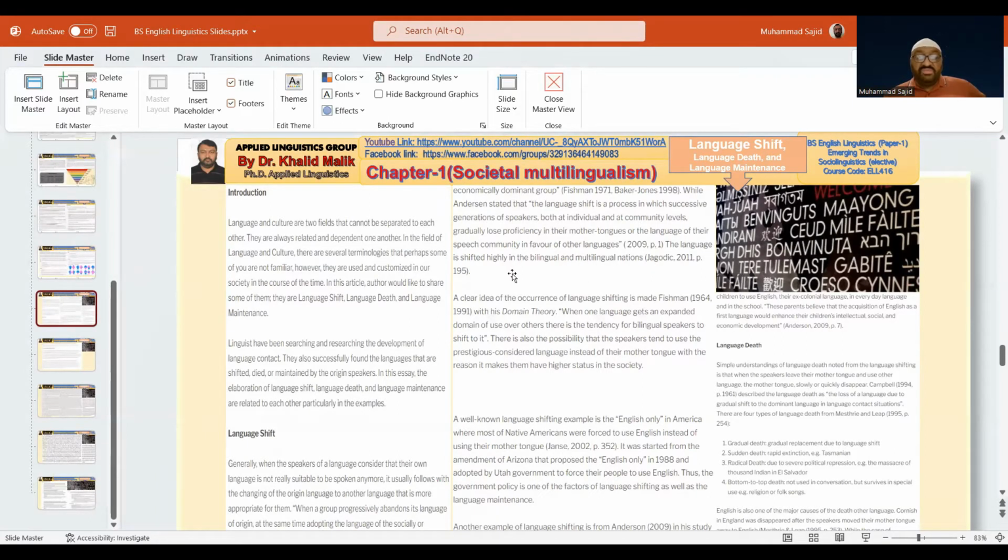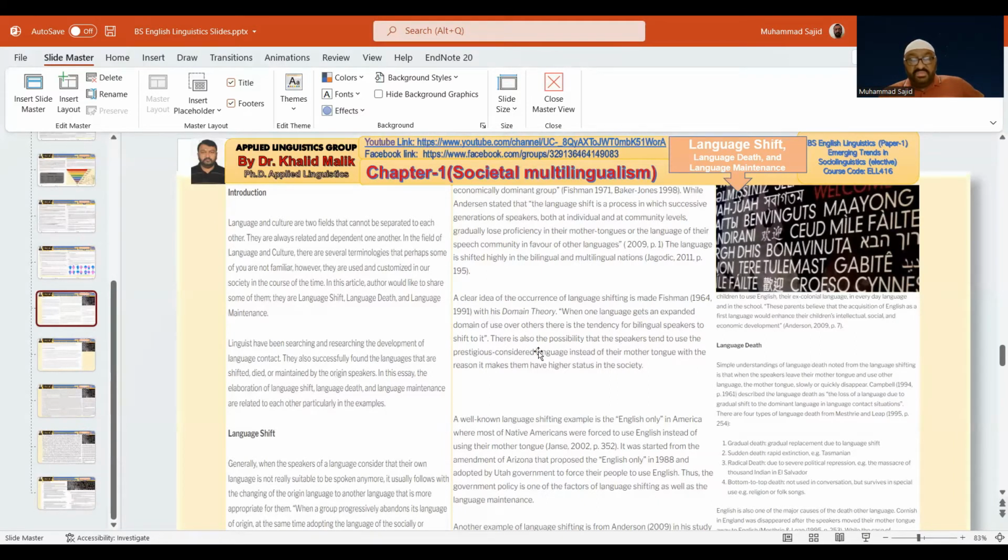The language is shifted highly in bilingual and multilingual nations. This was said by Jagotic in 2011 at page 195 in his article. A clear idea of the occurrence of language shifting is made by Fishman in 1964 with his domain theory. When one language gets an expanded domain of use over others, there is a tendency for bilingual speakers to shift